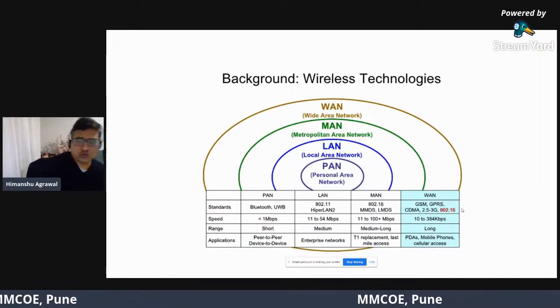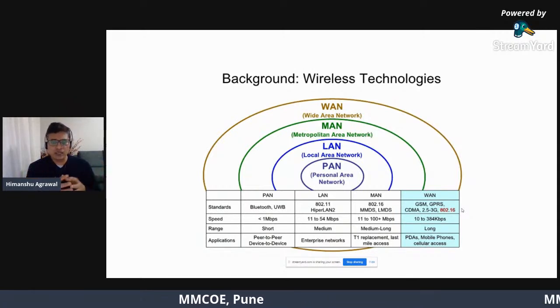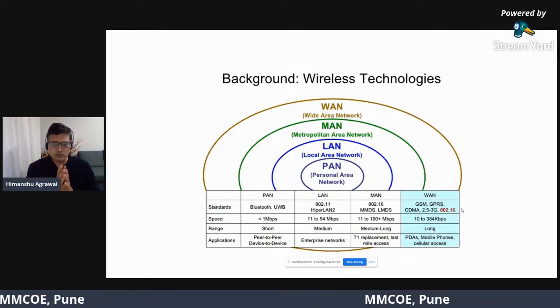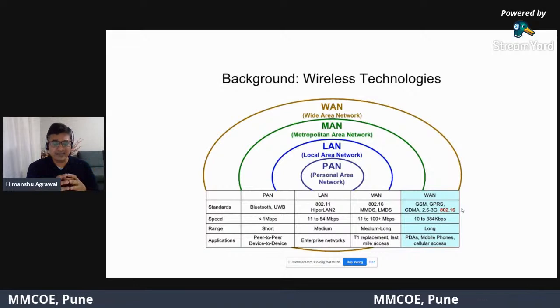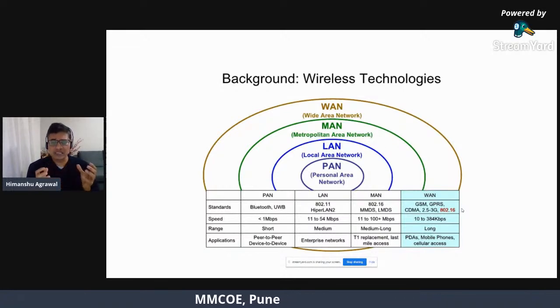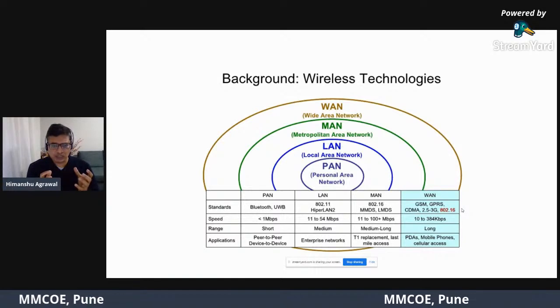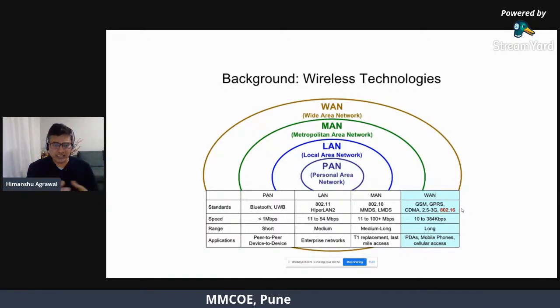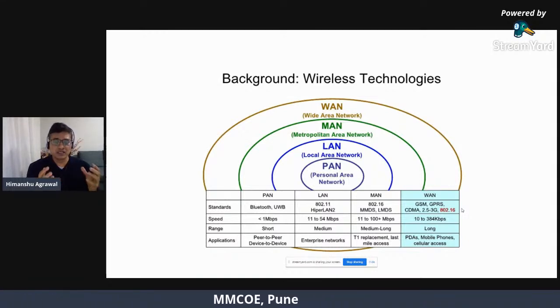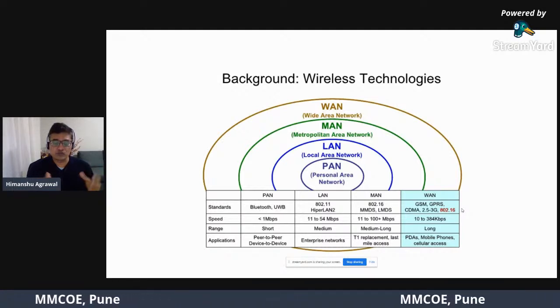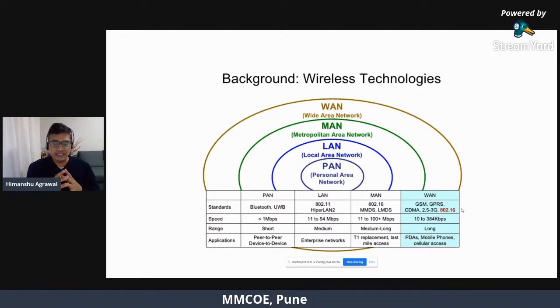Now again, if you want me to provide you a brief background, I can just quickly go through this, how you have various wireless technologies starting from personal area network. The innermost circle shows that you have personal area network, right? Which you have seen, you have two candidates, Bluetooth. Ultra wideband is another emerging protocol in personal area networking. The reason is UWB is excellent in terms of interference response.